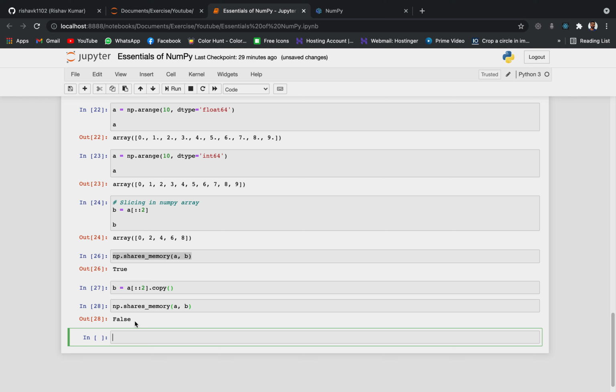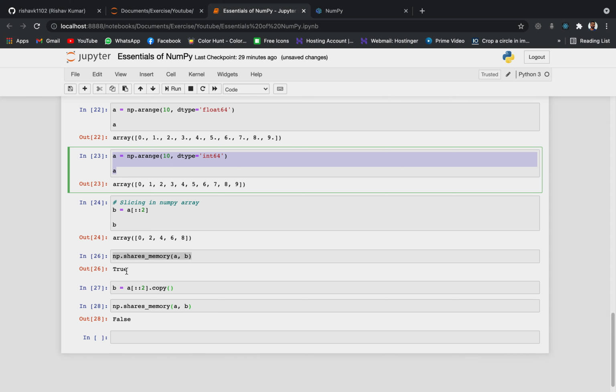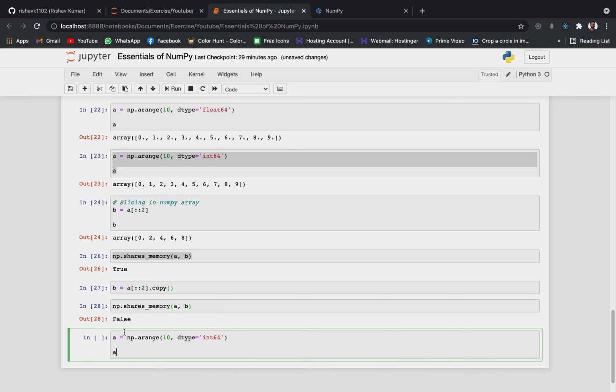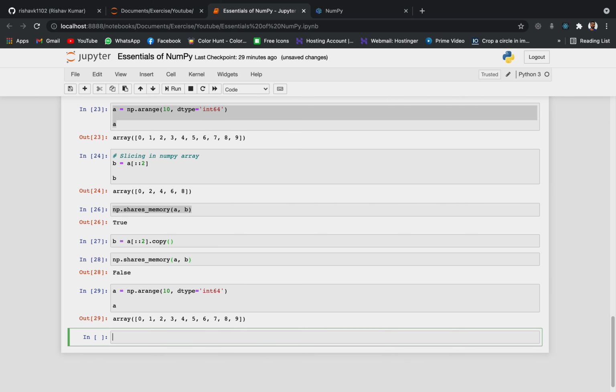Okay, so the last thing that I want to discuss in this video is masking. Suppose I have an array, this is our array. Now I want to have another array that will have only the even values. We can use masking for that.